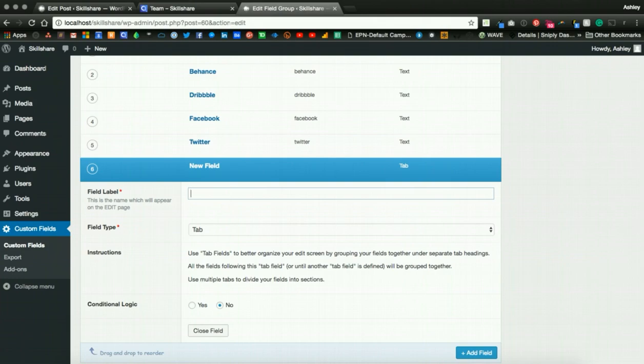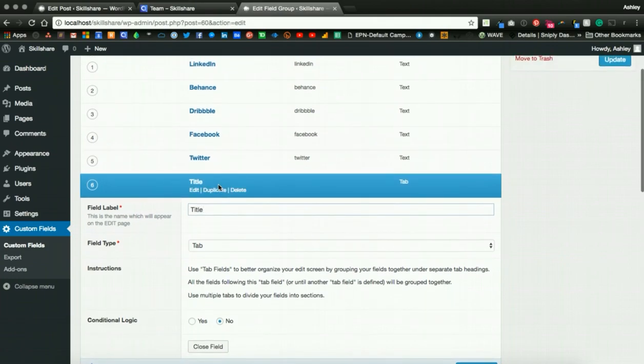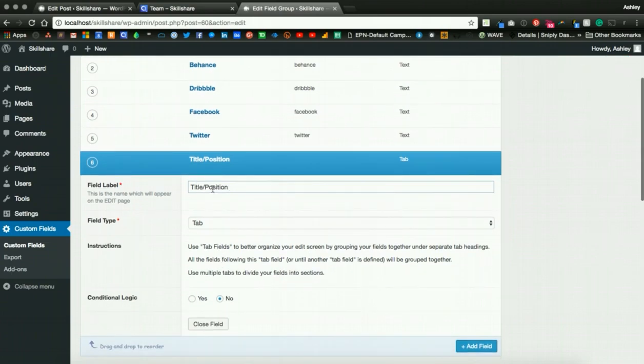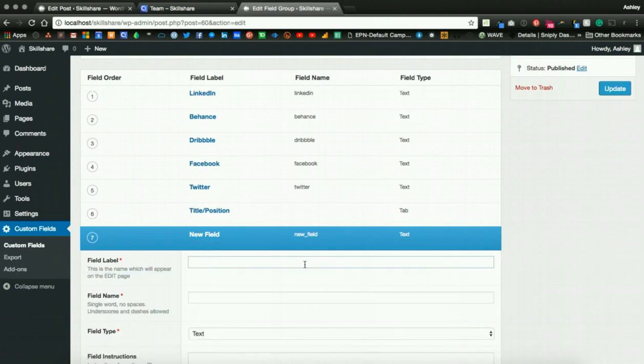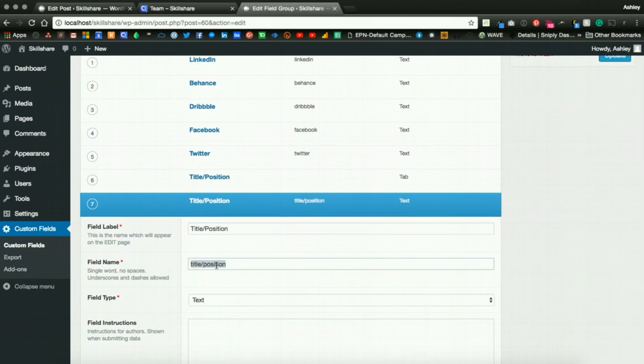I'm going to call this one title or position, so it's not confused with the actual title or the name of the person, which is how we're naming our posts. So this is just the tab though. Let's add another field for text to add the title of the person. And this is where I'm going to shorten my field name. So now we have a tab. I'm going to create a tab